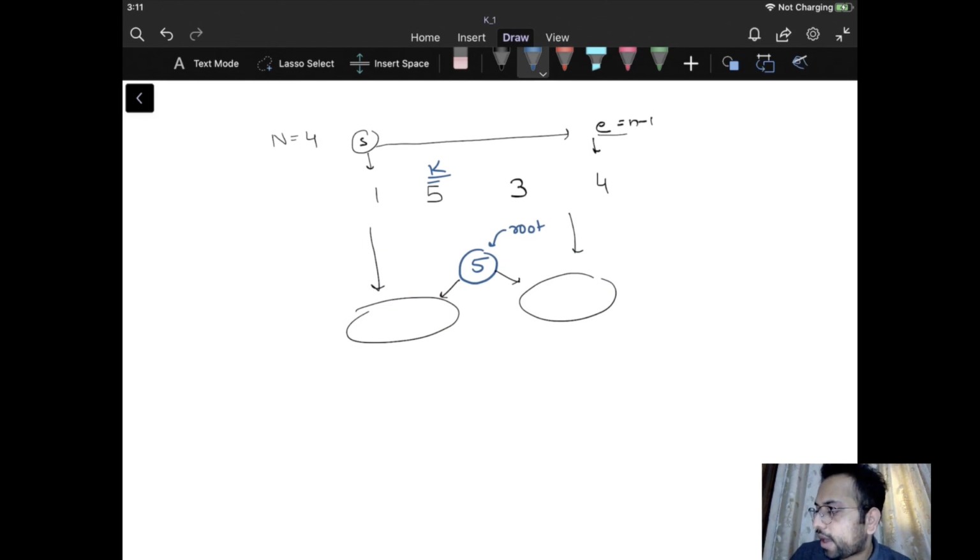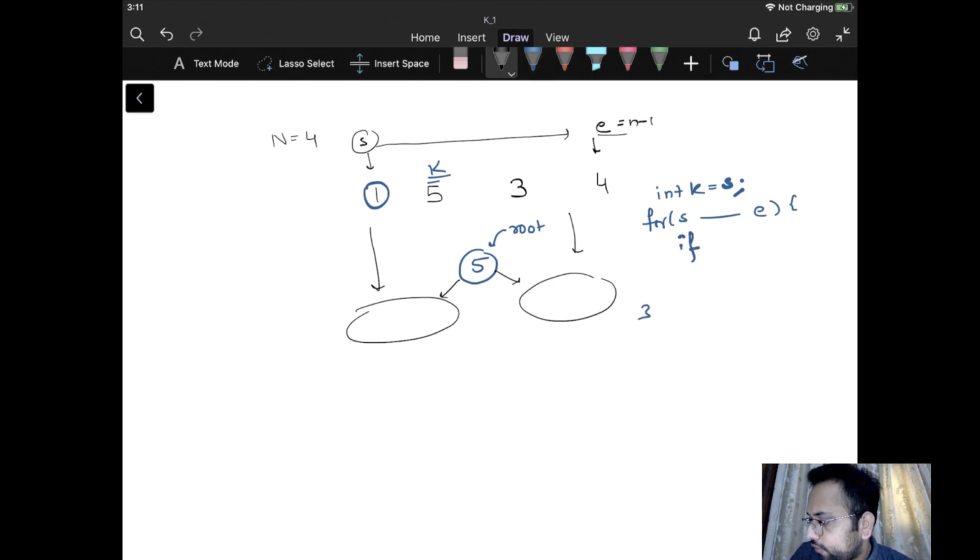Once we have found the maximum index, I'll iterate over the entire range from start till end. Initially I can assume that the element having the largest value is the starting element, so I can assume that the starting element has the maximum value. Now when I'm iterating over this array, let's say i is the iterator going from start till end. If any ith element is greater than a of k, which we have assumed is the largest element, I'll update the kth index to i.